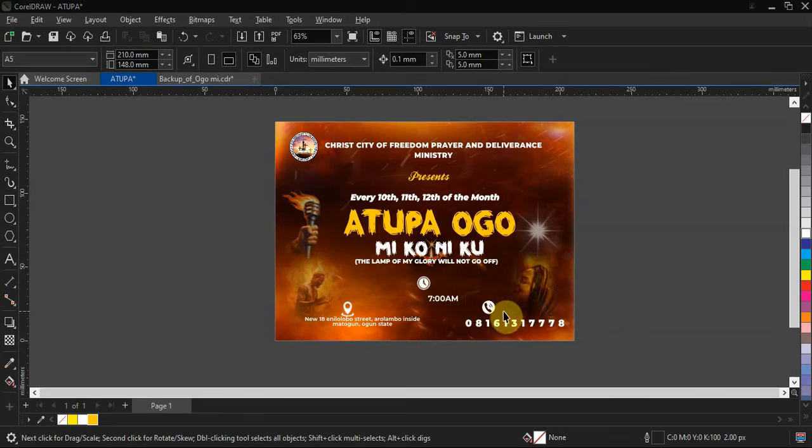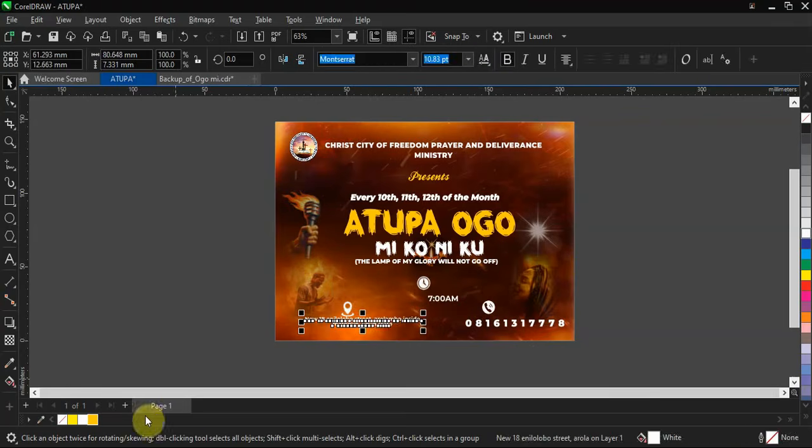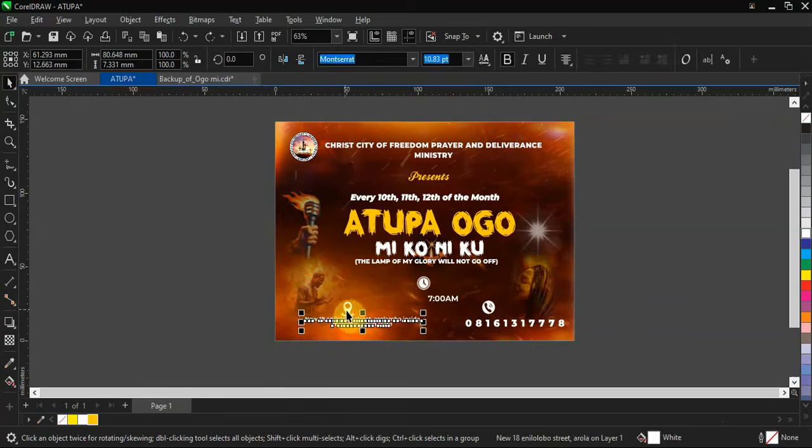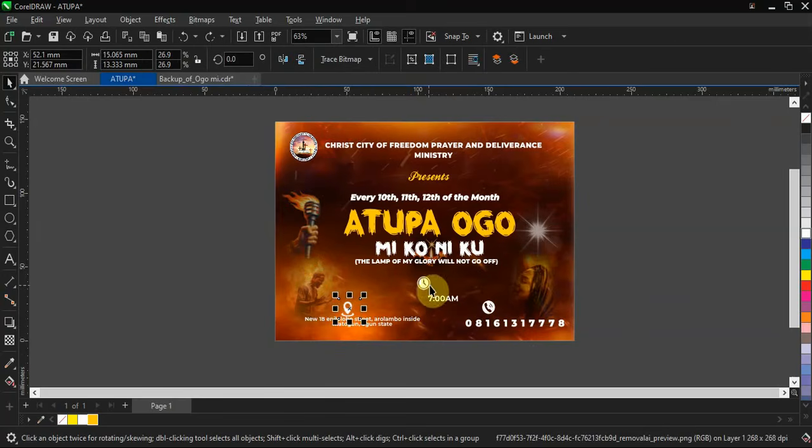Okay, so here they are. So this I can bring. Now I want to, maybe should I use this color for all this? Come on, let me see if it's going to look good. No. Okay, what I'm going to do is that I'll leave them at white. Let me just give all this